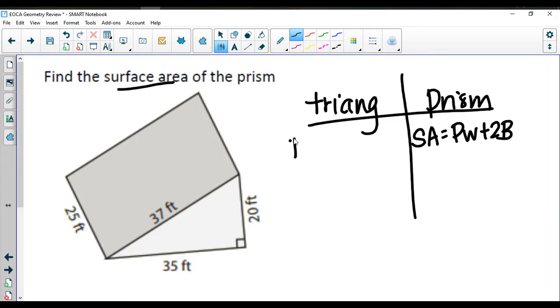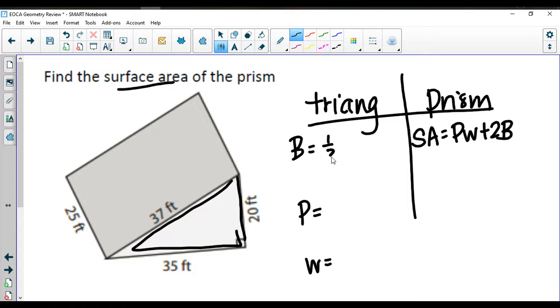So down the side here, we're going to be finding the area of the base. We're going to be finding the perimeter of the base and also identifying that W then. So for the base, because we are a triangular prism, our base is a triangle. So we're going to be doing 1/2 times base times height. I'm going to ask you to go ahead and type in what value, just the number, do you get when you actually plug in the base and the height and get the area then. So you're doing 1/2 times the base is going to be 35 and the height is going to be 20. That's going to give you an area of your base to be